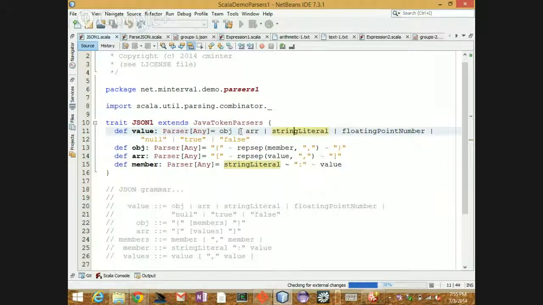And so are these operators. Because I'm extending this, I'm getting all those functions that we talked about, the tilde and the or and all the other functions.